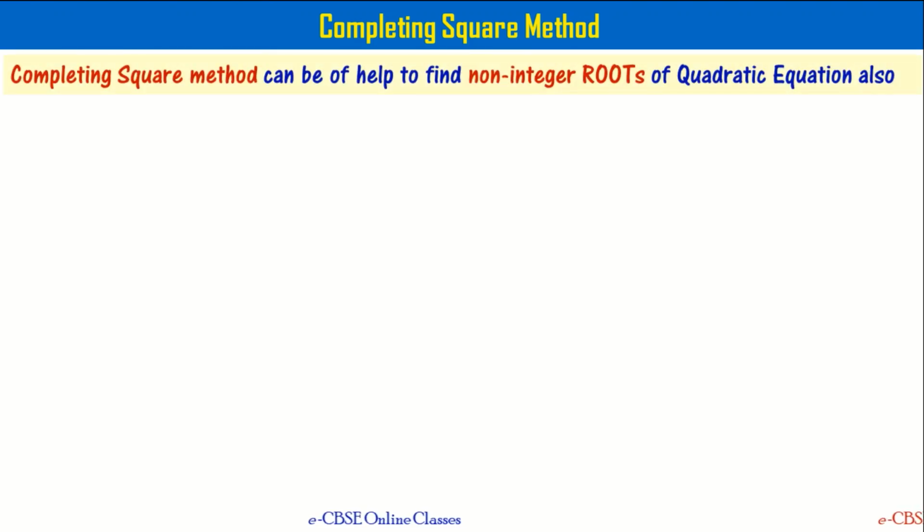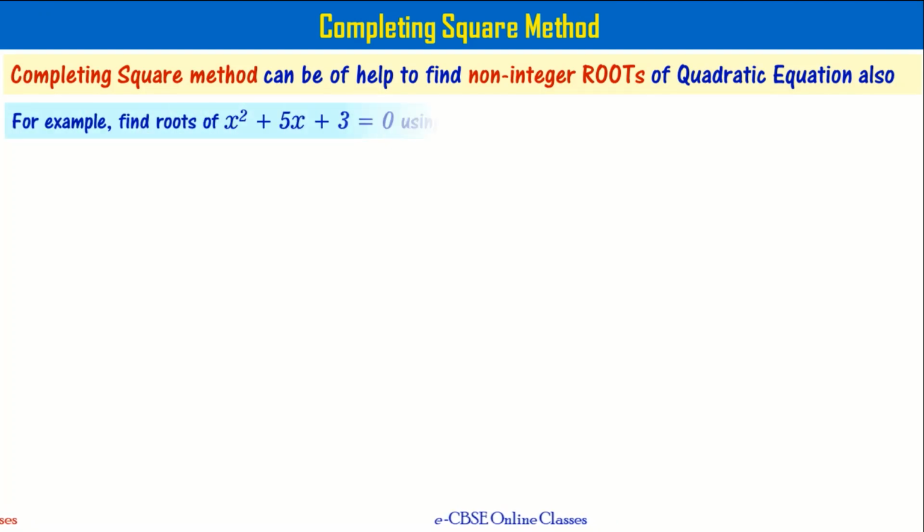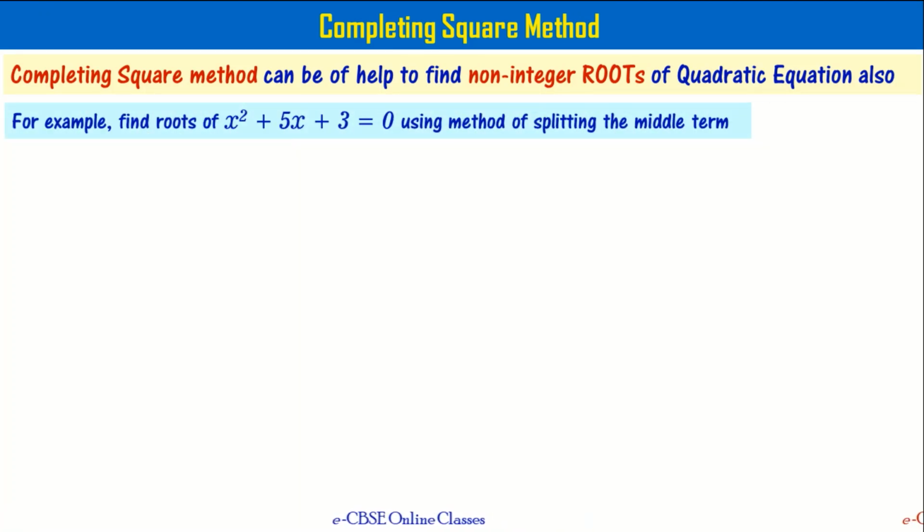Completing square method can be of help in finding non-integer roots of quadratic equation. For example, in the earlier two problems that we have solved, the roots were integers, right? When you want to solve equations which have non-integer roots, this method is going to help. To understand this further, let's solve this particular equation x square plus 5x plus 3 equal to 0